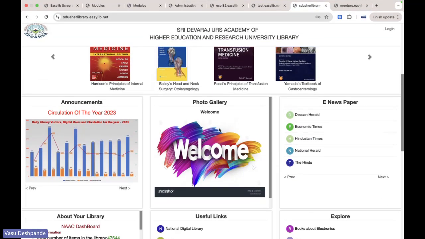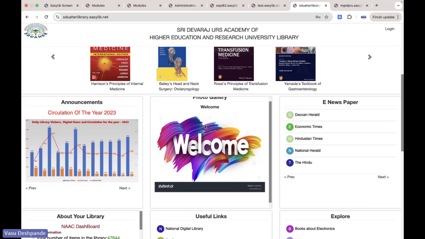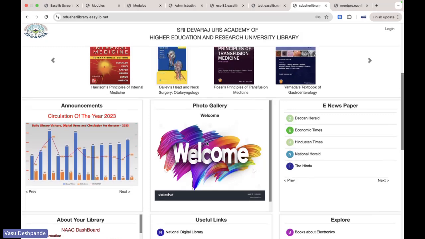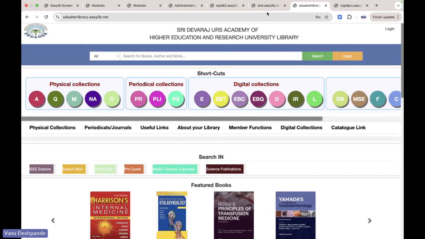How is it possible? You librarians have the capability to modify the OPAC, online public access catalog, the way you want in Easylib. So you don't have to depend on system administration and the Easylib team to do every small change. You can pretty much do the things on your own and keep the website up to date and informative for the students. So this is the OPAC over here. Now if you see here, even the security aspect is closely